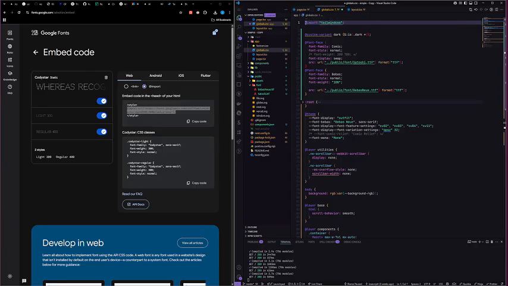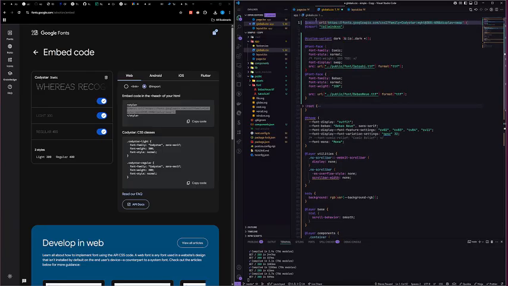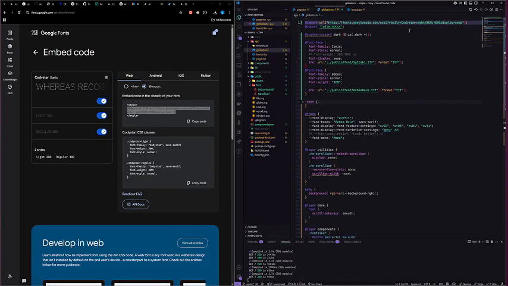Make sure you import it like so. As you can see, we have this font family link. What you need to do is make sure you grab this, and inside your theme, right here, as you can see, I'm using quite a few others,